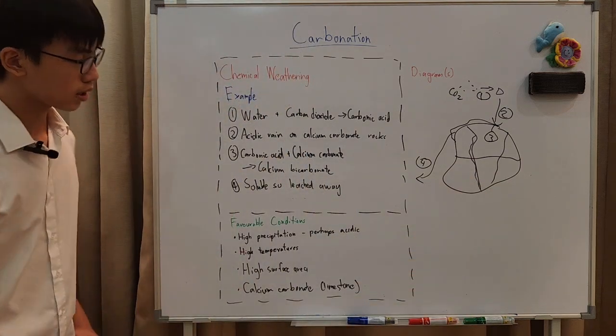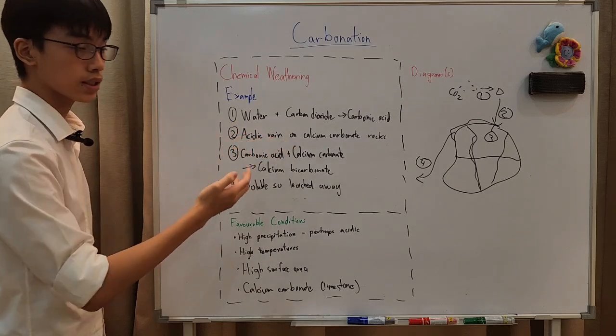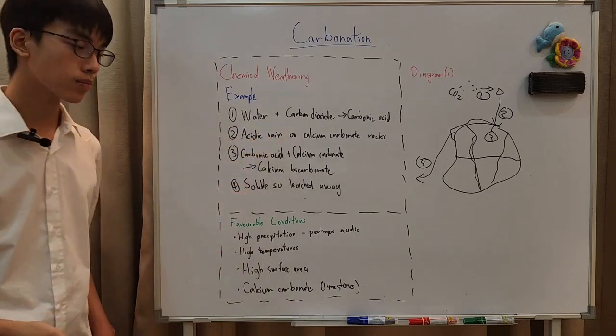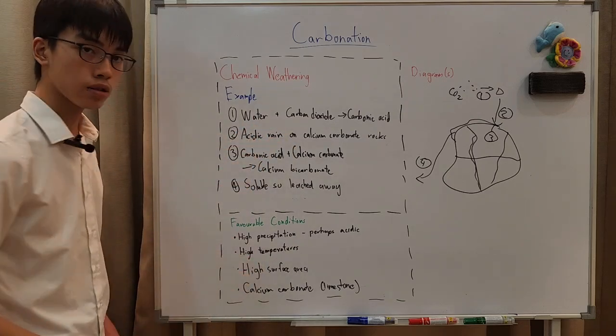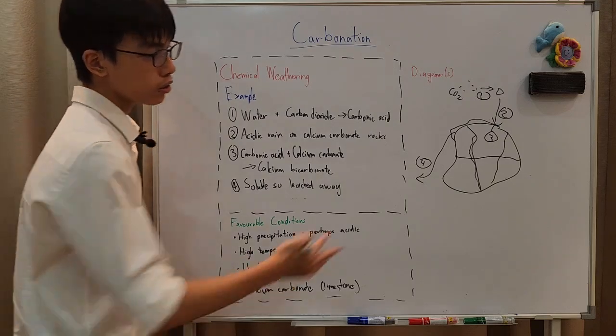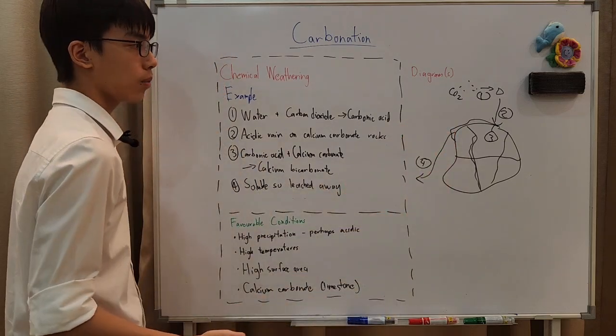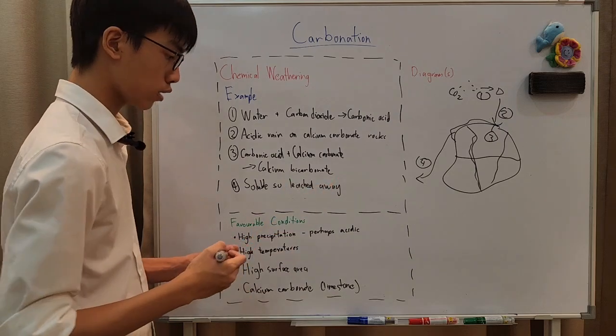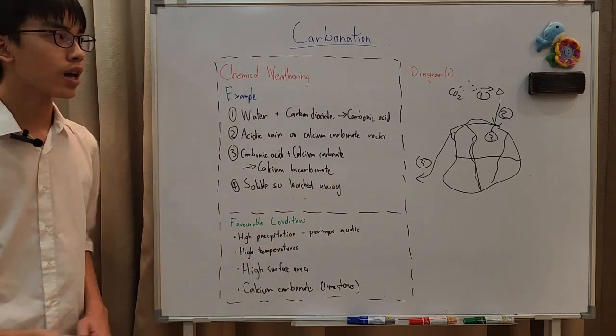Also, calcium carbonate is a determinant, is a reactant of the carbonation process, and you can find calcium carbonate. The best example is limestone. So generally, you do have limestone that is involved in carbonation, and you can use that as an example in your